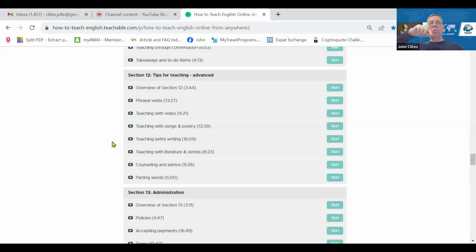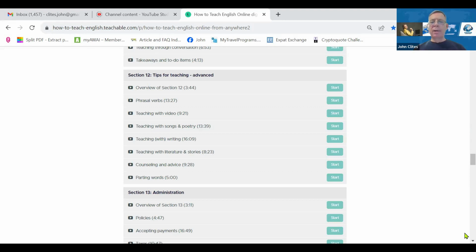You can also teach with writing, by which I mean, let's say you have an advanced student. Like I had one, Gabi, who was quite advanced, just spoke really well, great accent. But I thought, what can I do to keep things moving along, to keep her progressing? And so I suggested introducing writing some short essays each week. And we did that. And that was good because, as good as her English was, the essays had a way of ferreting out the little fine points where she still needed work. And so writing can be good for that. It's kind of a capstone skill for most students. So it's something to think about.